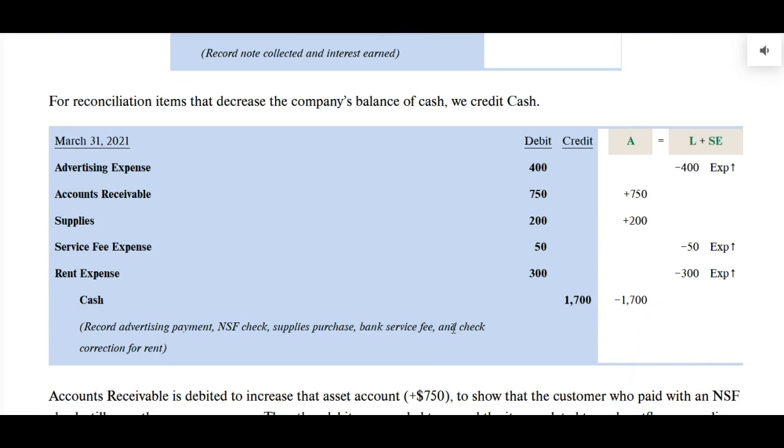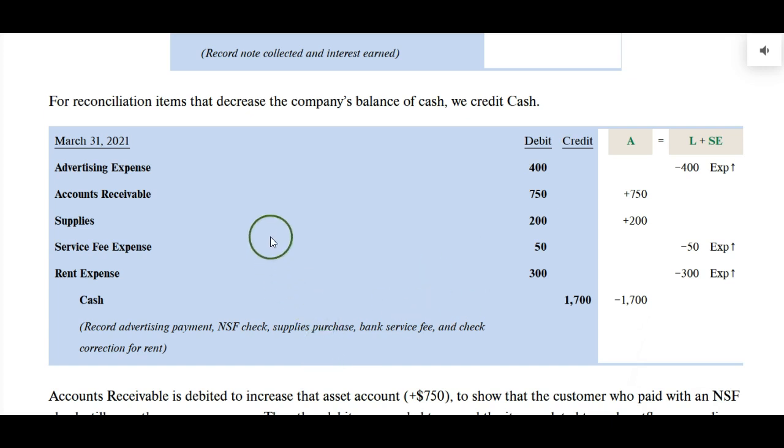So in the reading, you'll see that the $400 electronic funds transfer was for advertising expense, so we record that expense. Accounts receivable, that is the non-sufficient fund check, the NSF check. So the bank gave us the check back and said the customer's bank account did not have enough money, and we're going to take this out of your account because we had deposited earlier, so they take it out of our account. Now we have a receivable because the customer still owes us the money. We're holding a bad check in our hands. We have to contact the customer and say, please pay us $750. So they owe us money, so we do increase accounts receivable.